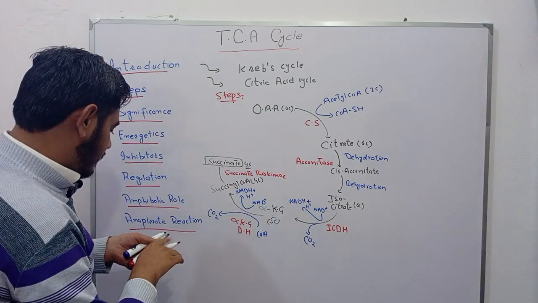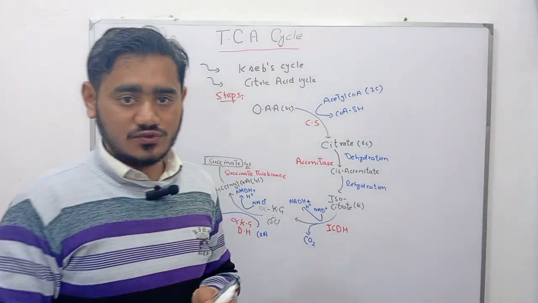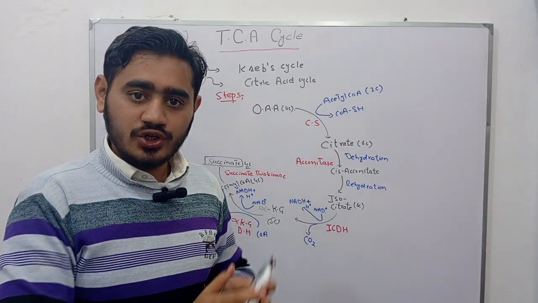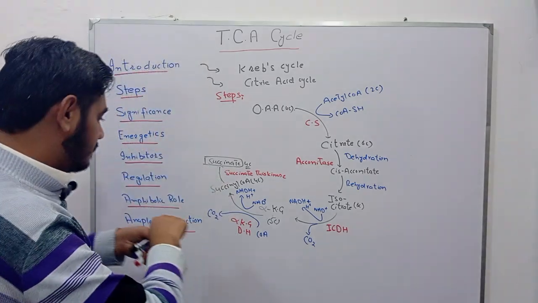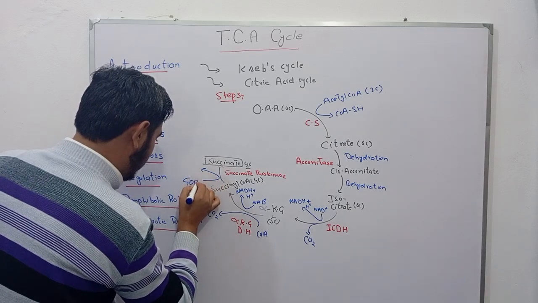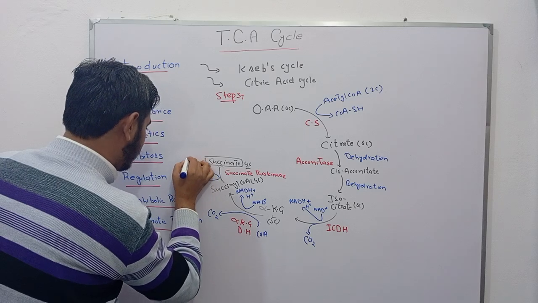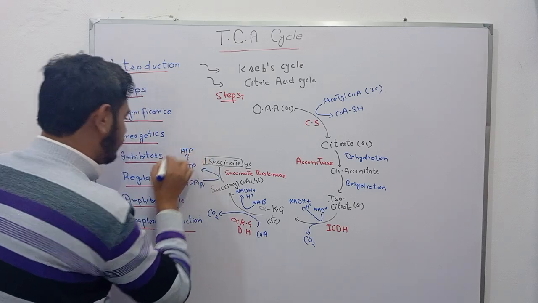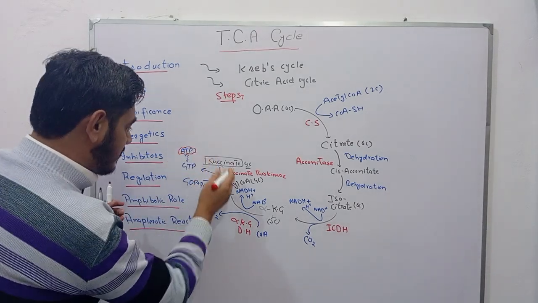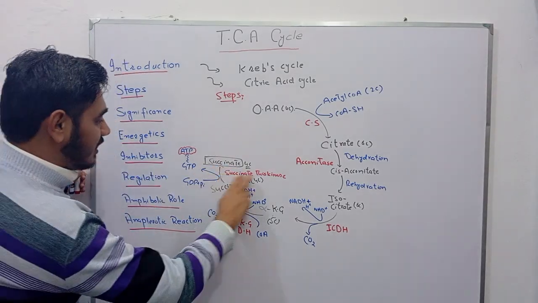Okay, and there is a formation of ATP. Students, this step is a substrate level phosphorylation step, meaning synthesis of ATP from substrate without undergoing the electron transport chain. So let's see, GDP and inorganic phosphate form GTP, and GTP ultimately converts into ATP. So this step is a substrate level phosphorylation step, and there is a formation of succinate with the help of